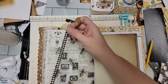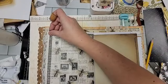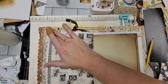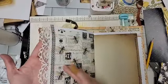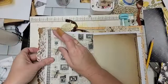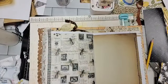So we have this, and we have that fabric glue that's kind of sticking out through there. So we just add that. There we go. Look at how pretty. We got lace. We got gemstones. And that glue will all set up there and it'll all be good. Okay, so on this side over here,